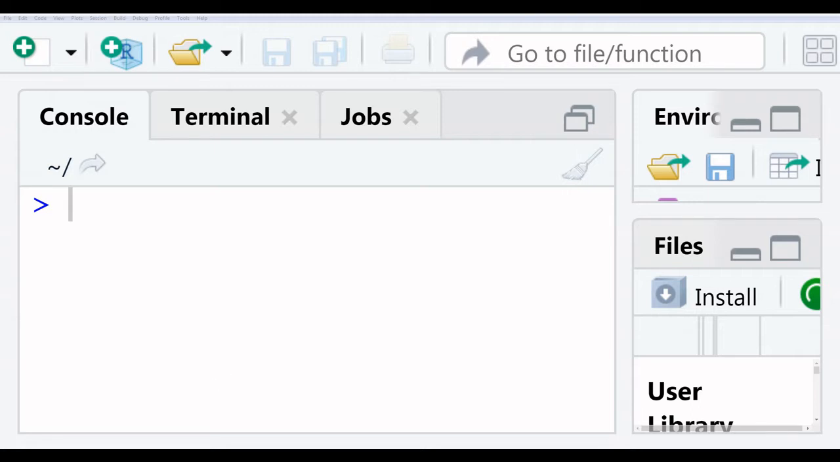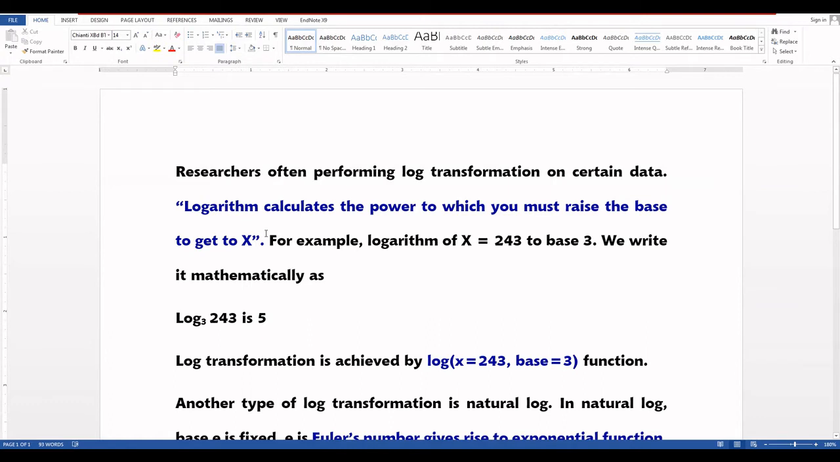So now let's start. Researchers often perform log transformation on certain data. Logarithm calculates the power to which you must raise the base to get x. So in log function,